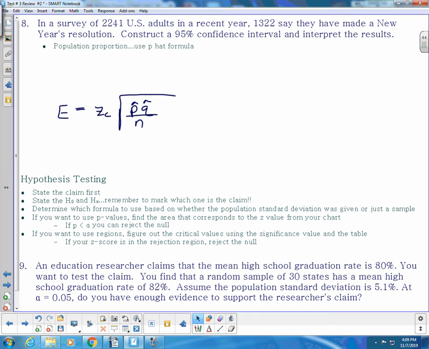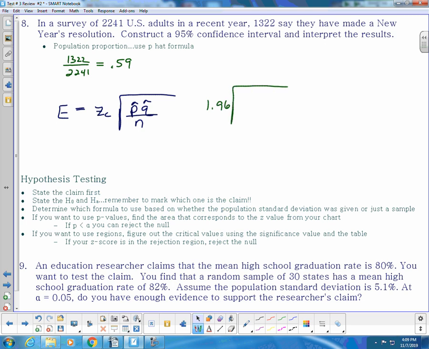First thing we have to do is figure out what our p-hat is. So we've got 1322 divided by 2,241. So 0.59 is that sample mean. And then we go down here, the confidence interval is 95%. From your z-score chart that is 1.96